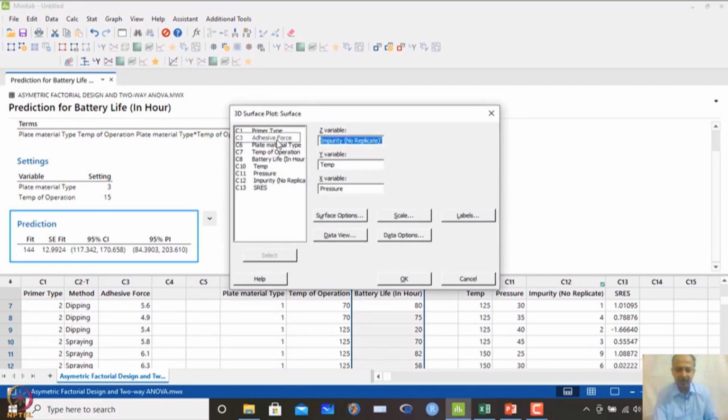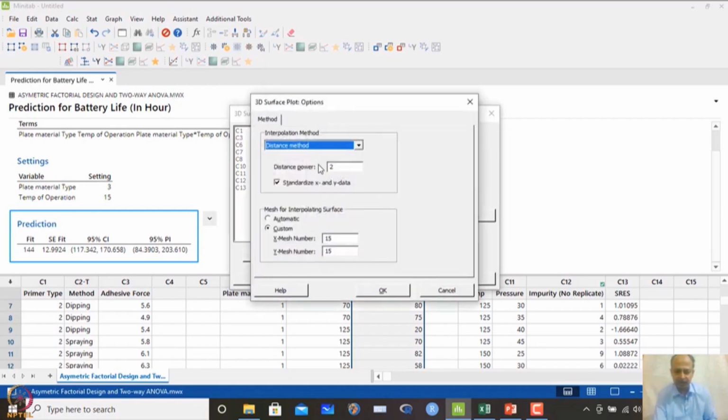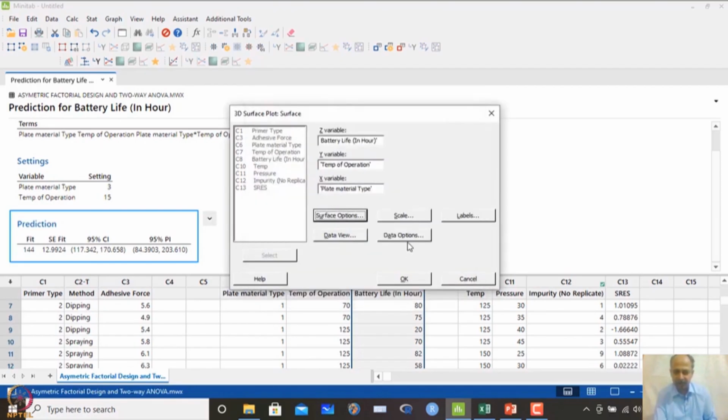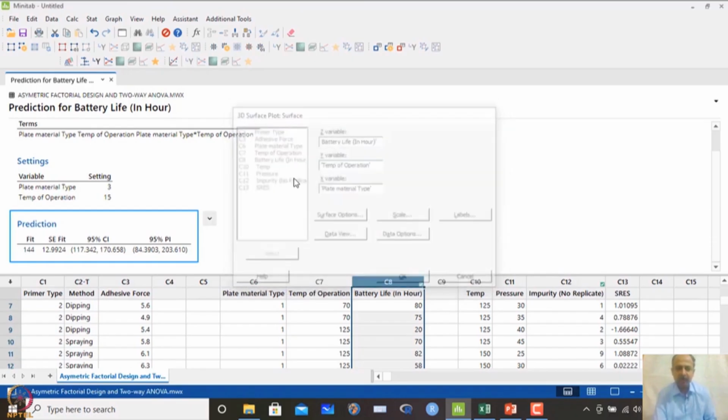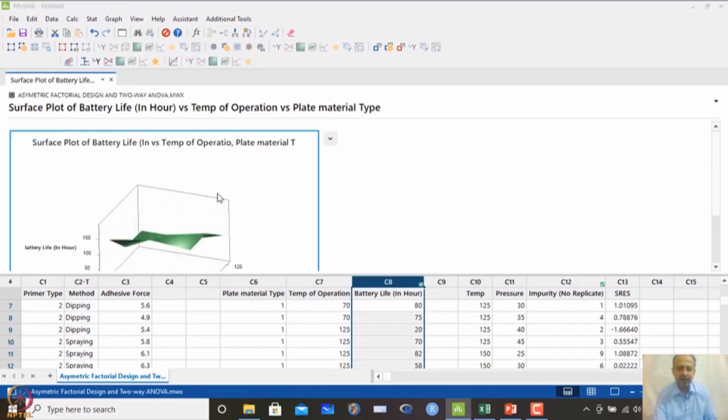In this case you can identify which is the variable. So, battery life is the variable which will be on the z axis, and then which will be the y axis and which will be the x axis. Let us say the y axis is temperature over here and the x axis is plate material, you can change that. Okay. Then under surface options, we can see the methods of this mesh, the y mesh numbering and x mesh numbering. It is not so much required to change the settings over here. If you click OK, you will get a plot like this,